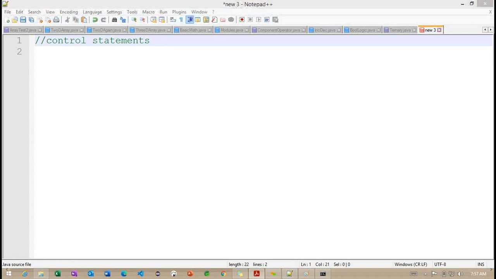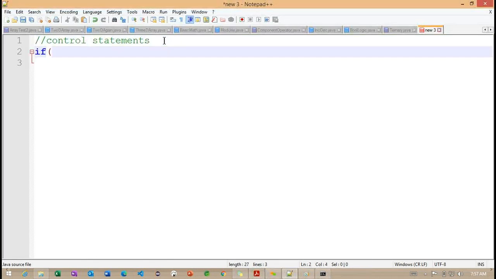So we'll try to check with the control statements here and how exactly they work. Previously we already discussed one condition block called the if condition. If we define a condition here and it returns true, we define statements here. We'll define statement one. Only one statement is going to execute because we did not define a block of code here.